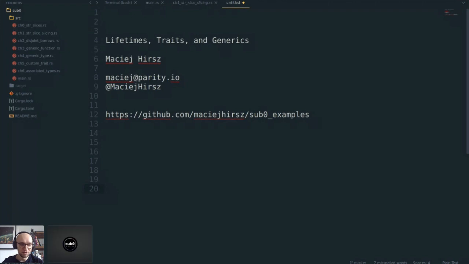I had a nice slide for the beginning, but we don't want to have technical problems, so I'm just going to go straight to the editor. Here's a link on chat that you can git clone what I'm going to do here if you want to follow up. We don't have a lot of time.